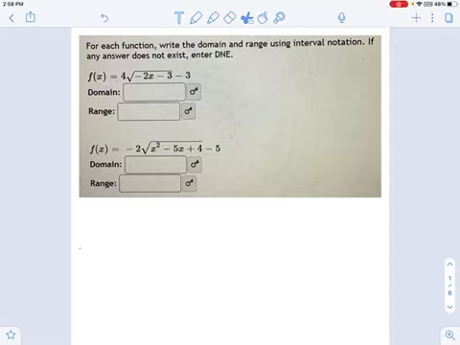Now we're going to determine the domain and range of two radical functions without knowing anything about the graph. If we had the graphs, it would be easier, but I want you to know how to do this when given just a function with no accompanying picture. And what we're going to do is something similar to what we did with the pictures, which is talk in terms of the least and the greatest allowed values of x and y.